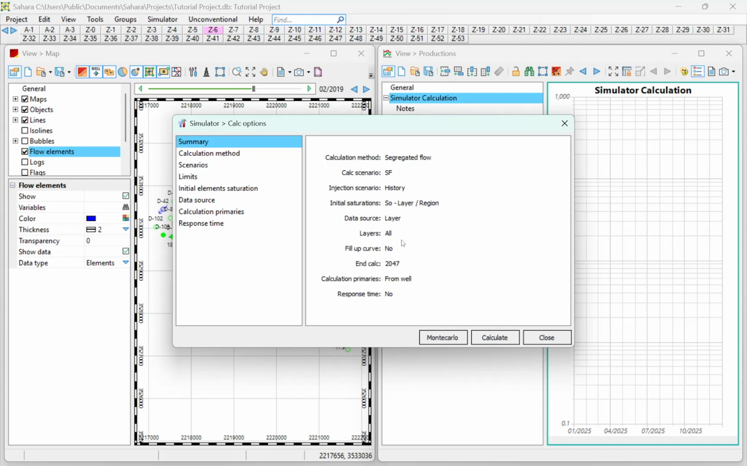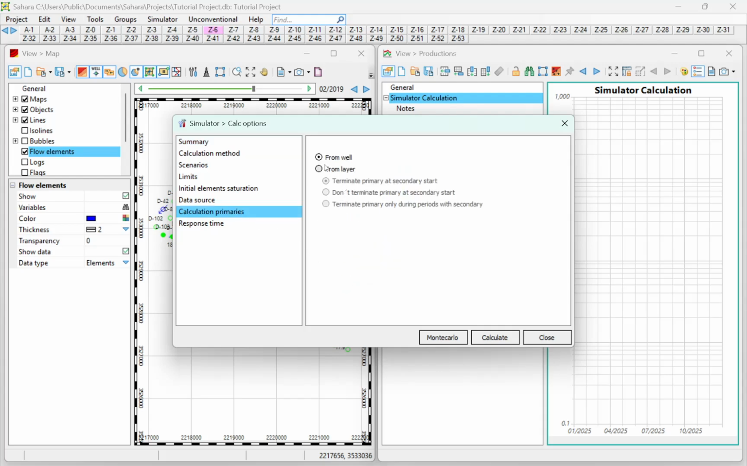We won't use any fill-up curve. The end of the calculation will be in 2047. And for the calculation of primaries, we will use the information at the well level. Here remember that you have a number of options you can choose here. If you have done your declines for primary,